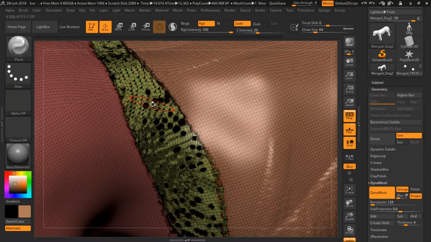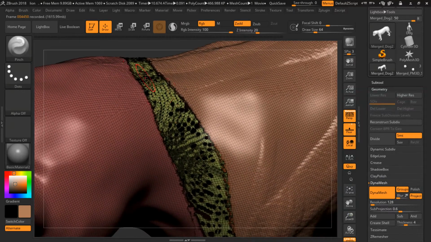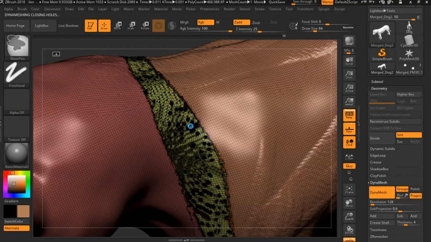So what happened is the joint part has come up with some holes which I don't like. I want to merge this, and if I apply dynamesh again, you can see, if I apply dynamesh again, the hole will again get larger in size. It is taking some time,